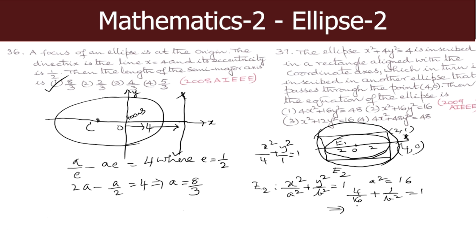Or 1 by b square equal to 3 by 4. So, b square equal to 4 by 3. So, the equation of the ellipse E2 is x square by a square, x square by 16 plus y square by b square, 3y square by 4 equal to 1, or 4x square plus 3y square